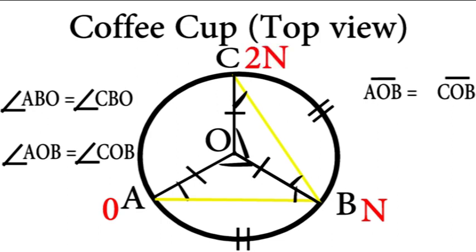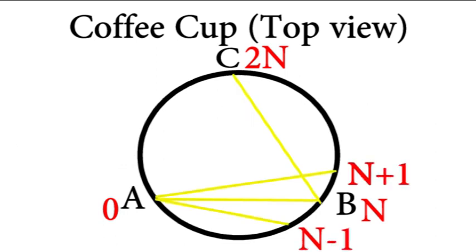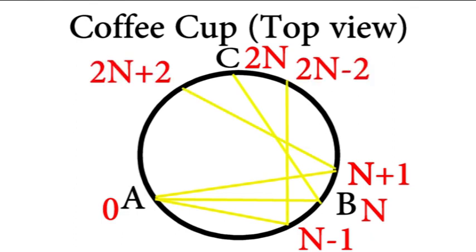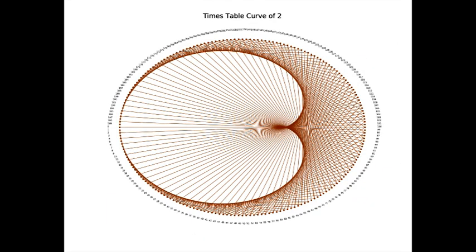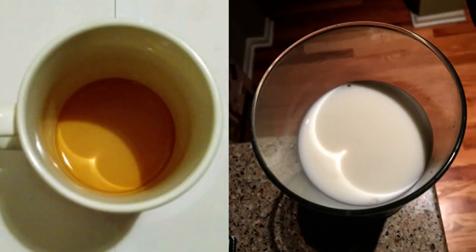So if A corresponded to 0 and B corresponded to some number n, then C would correspond to 2n. And if the light source is directly above the point A, then other light rays will also enter from the same point and will also follow the same reflection property, and they will propagate as shown in the figure. And that is what we were doing in our times 2 table as well. So the light reflection pattern above our coffee cup will follow the same pattern as in the times 2 table, given that the light source is directly above the cup. And that is the reason why we see this heart shape, a cardioid, in our coffee or milk cups.